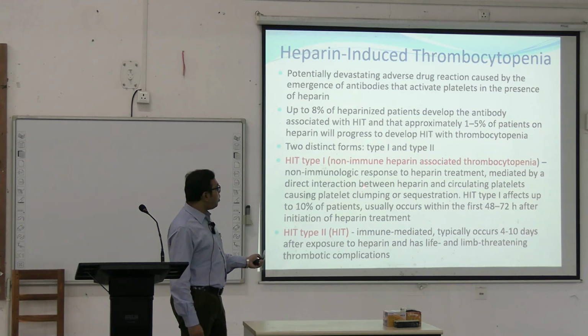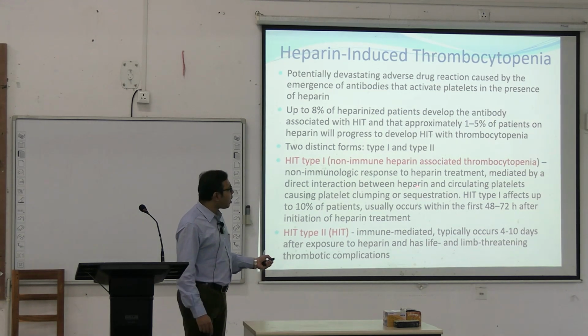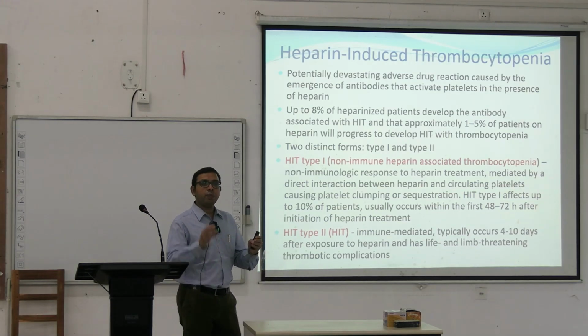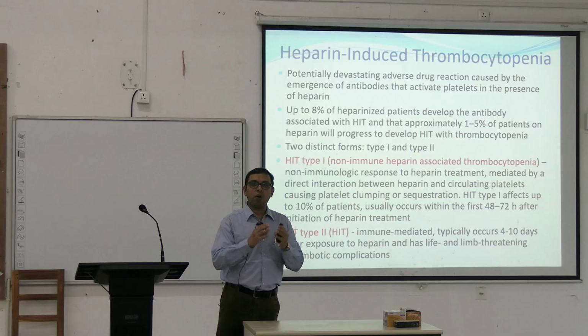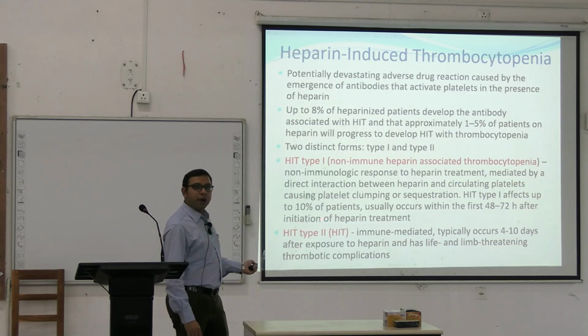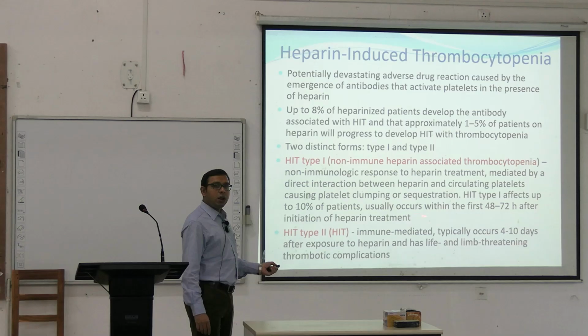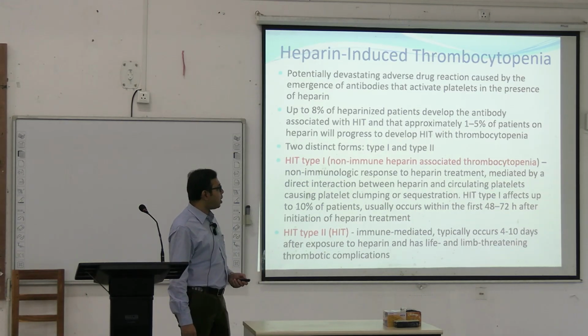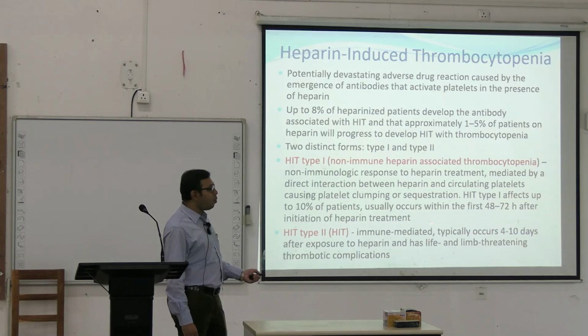This is a non-immunologic response to heparin treatment mediated by the direct interaction between heparin and circulating platelets. So direct interaction between heparin and platelets that causes the platelet clumping and sequestration. It affects up to 10% of the patients, usually occurs within 48 to 72 hours after initiation of the heparin treatment. Okay. But the problem is the type 2, which is the immune mediated, typically occurs 4 to 10 days